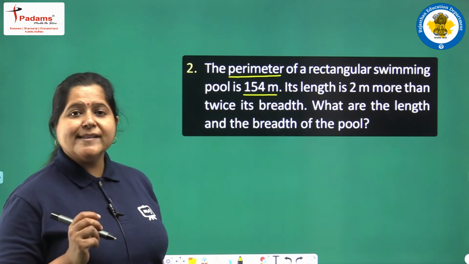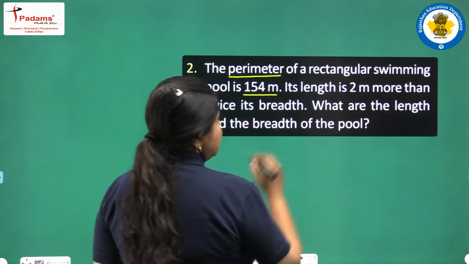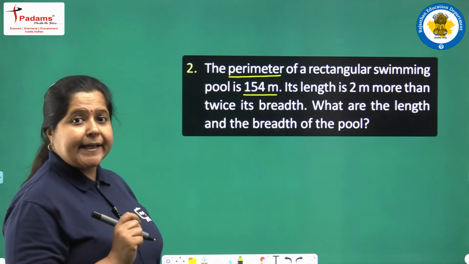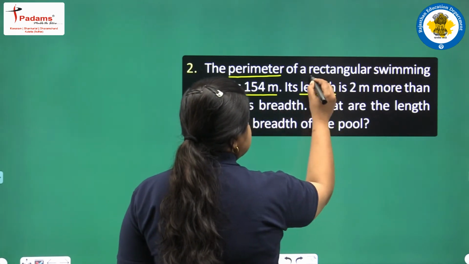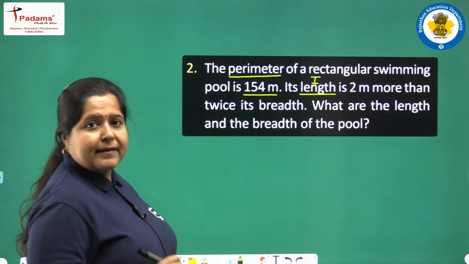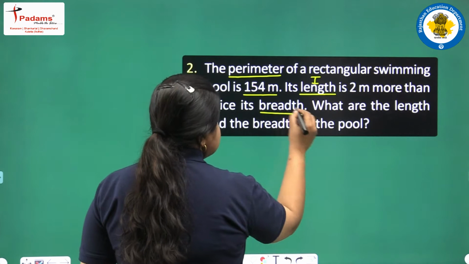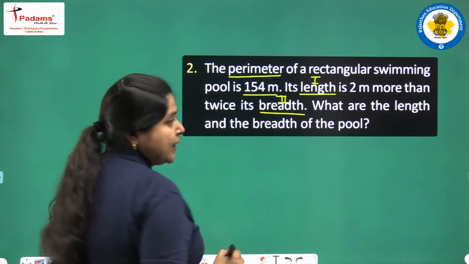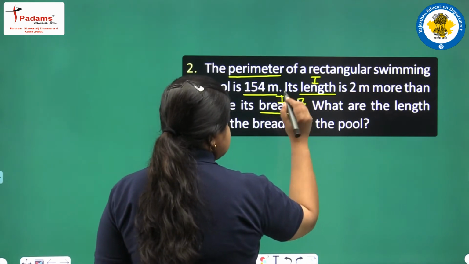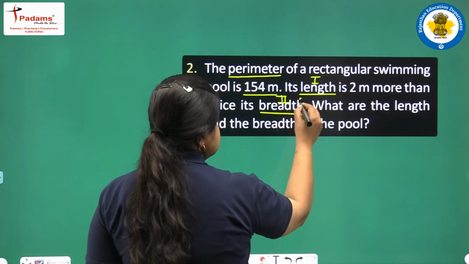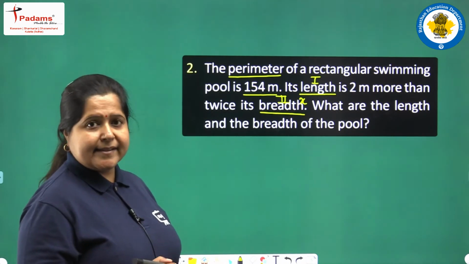Which of length and breadth should we take as x? We read this question. The name that comes second will be taken as x. Its length, see, length is coming first. The word length is coming first. Then breadth is coming second. The word breadth comes later. So we will take this breadth to be x. This we will be taking as x, the name that is coming second in the sentence.